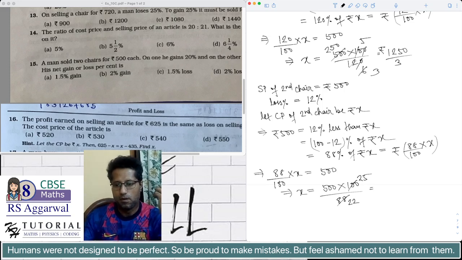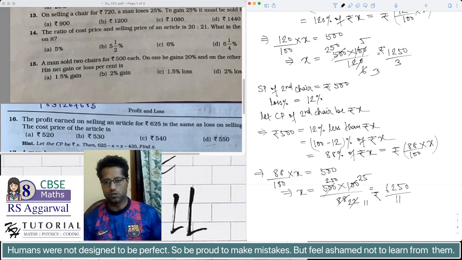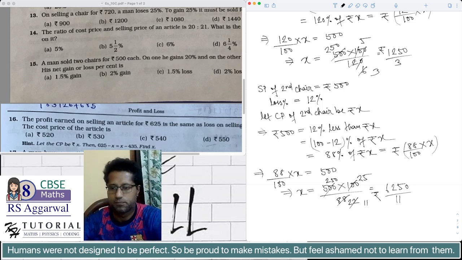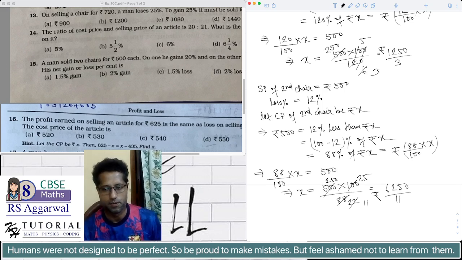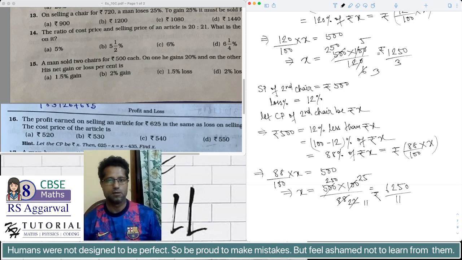This is equal to 11 and 250. This is equal to 6250 by 11. So the cost price of the second chair is 6250 by 11, and the cost of the first chair was rupees 1250 by 3. So we can now find the total cost price of the two chairs, and we